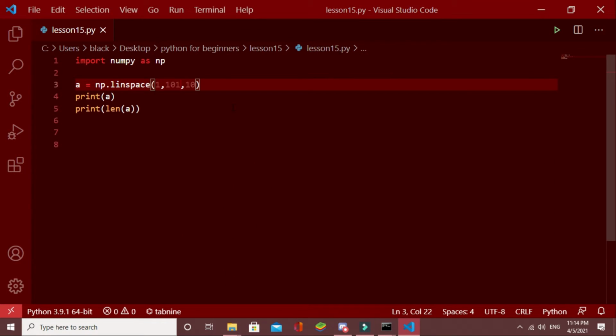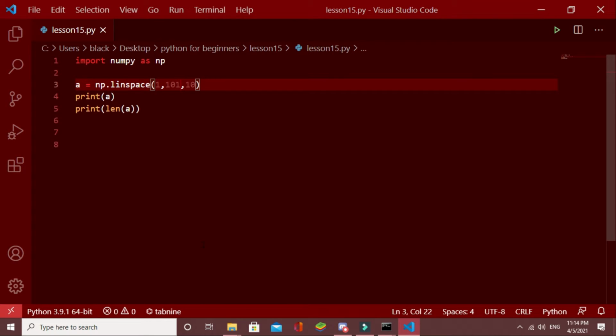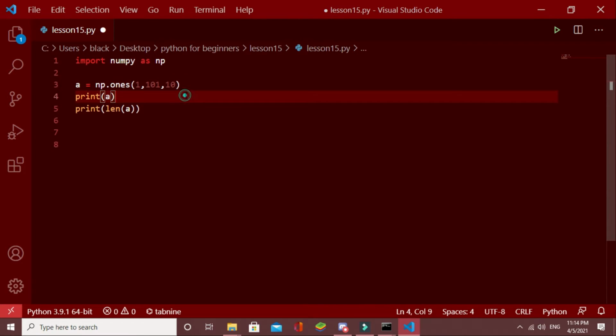And that's about this linspace function. Now let's see. There is another function called ones. np.ones. This ones function will create matrices filled with ones. Here we have to give the shape of the matrix.